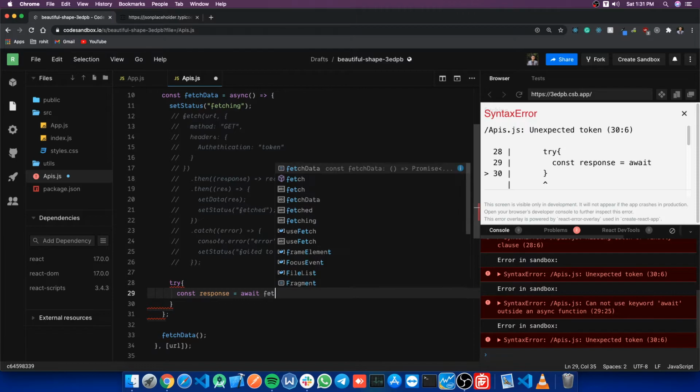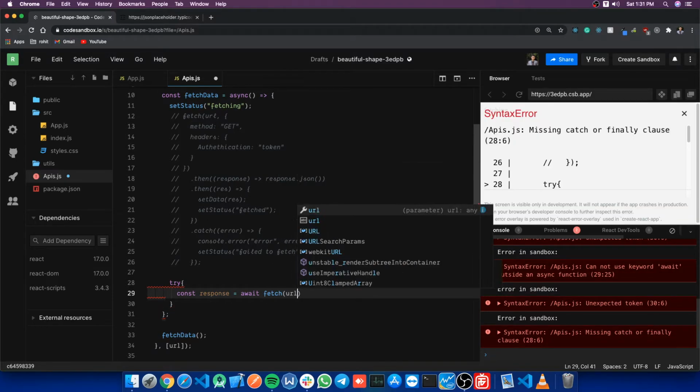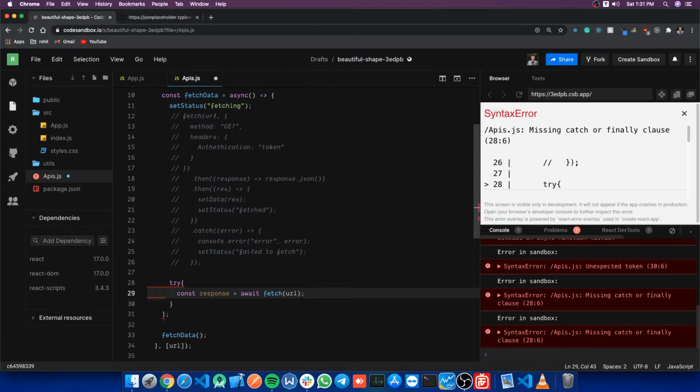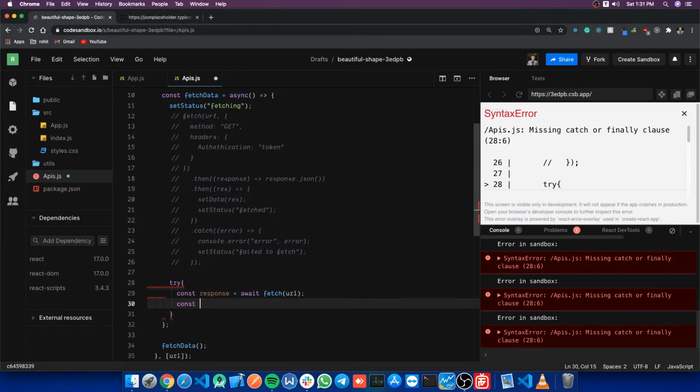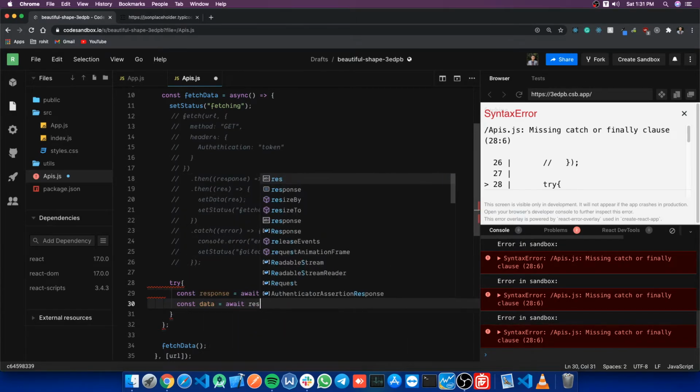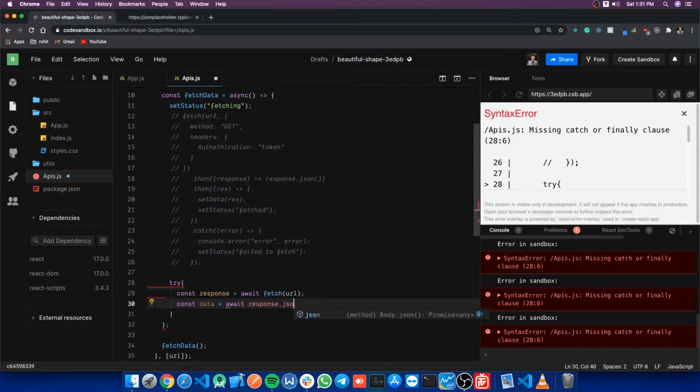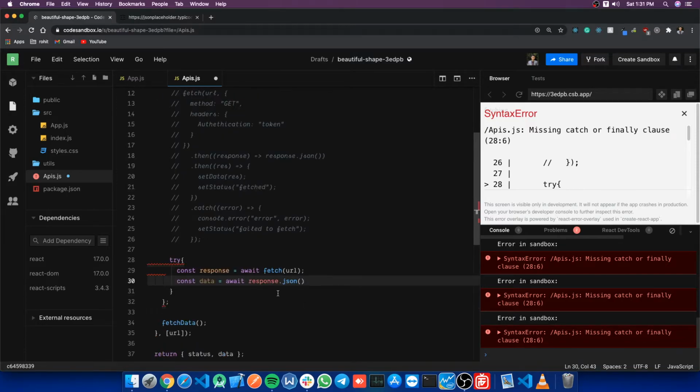Now I will write fetch URL. If and only if line 29 is resolved, then we will go to line number 30, and now we will convert that response into JSON.